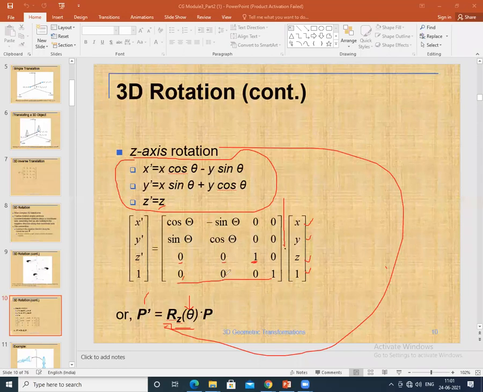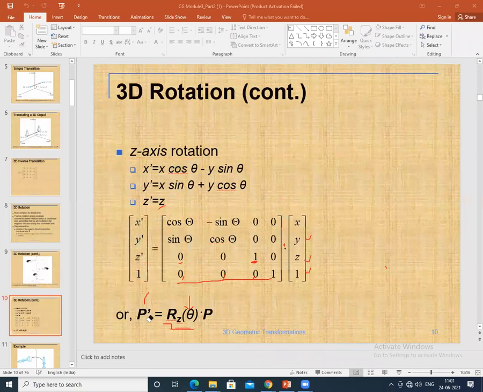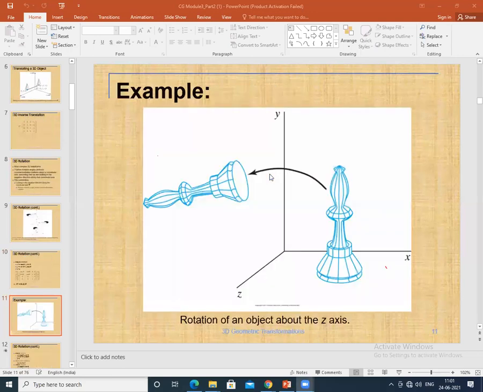So x axis no, y axis no, z axis no; only the one we have to represent in homogeneous with respect to the column vector over here. With respect to the z, it is 1 over here. With respect to the y, you have to write this, and with respect to the x, you have to write this. So this is a rotation along the z axis. Similarly, you should be able to write rotation along the x axis. So this is the rotation of an object about the z axis.